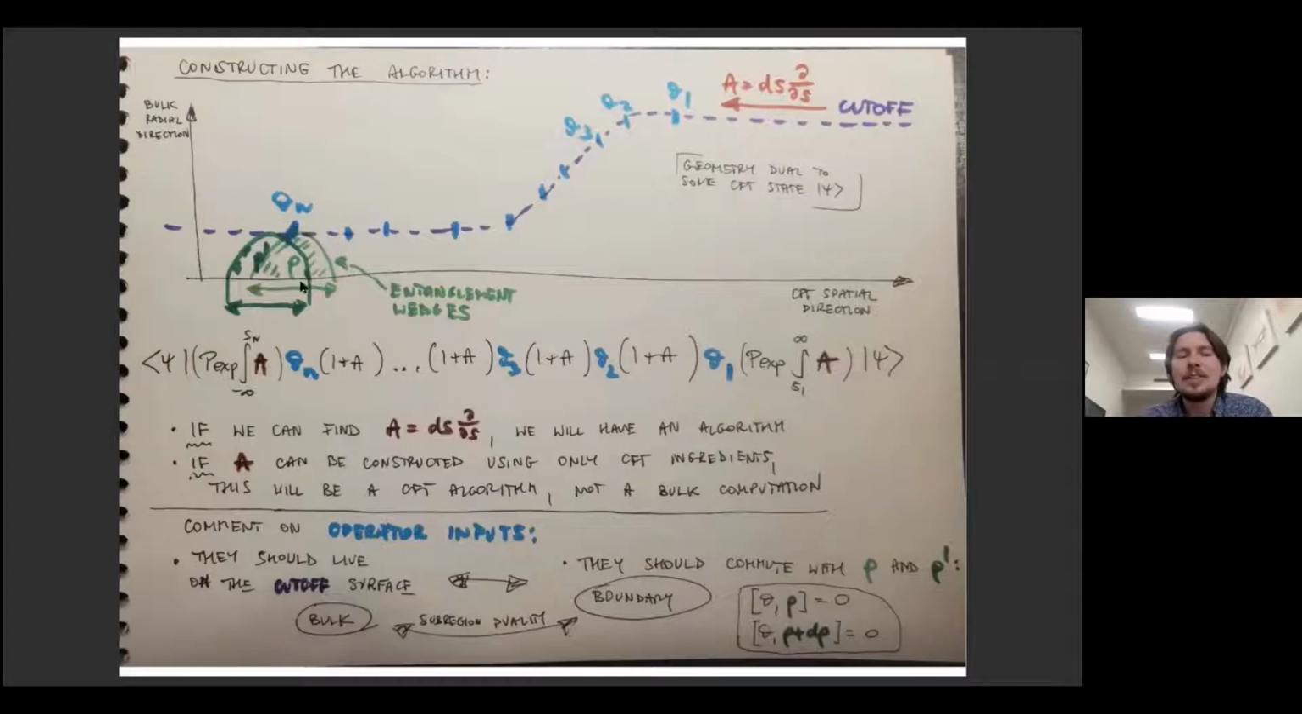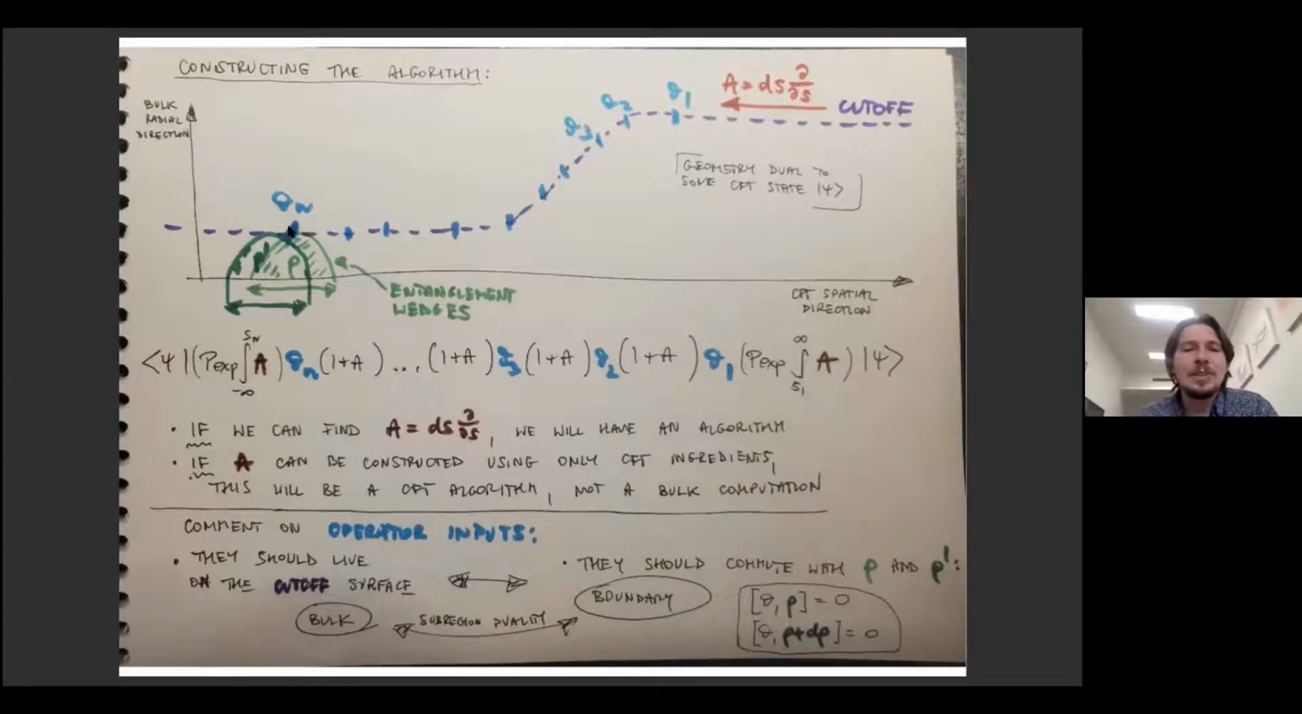This condition is a statement that we know mostly from subregion duality, but it was made most explicitly by Aitor Lewkowicz and Tom Faulkner: that operators that commute with the modular Hamiltonian, and therefore with the whole density matrix, localize on the RT surface. If I want an operator to be on a cutoff surface, so that it's a good input for my cutoff, it's in the domain of the